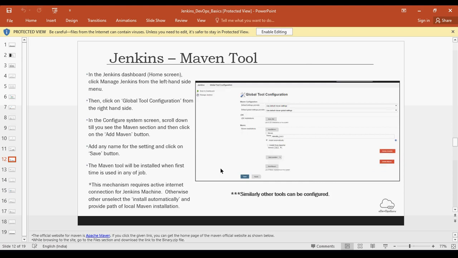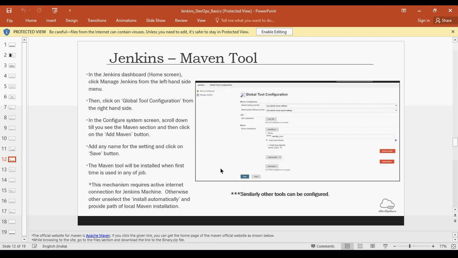Okay, fine. So apart from plugins, there is also a concept of tools. You can configure global tools in Jenkins. These tools, once configured, are available to each and every job which you create. General tools like JDK, Maven, Git, or any other similar tools can be configured here. So this helps your whole DevOps pipeline to have a common set of tools and standard baselines.